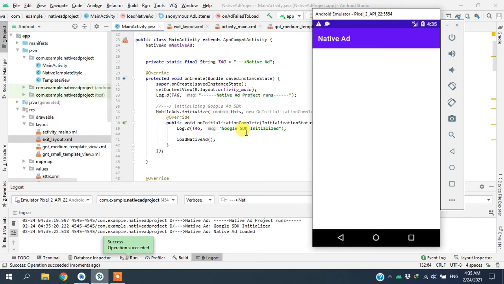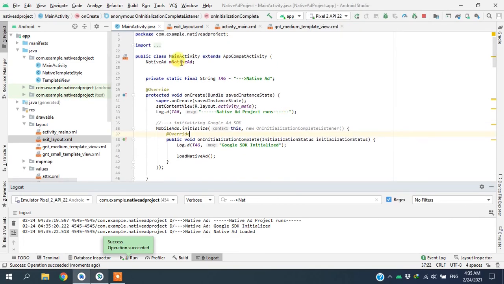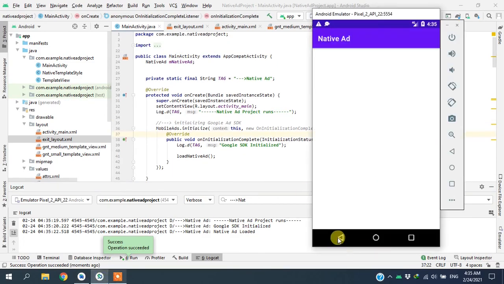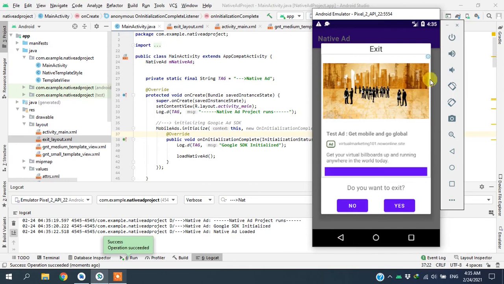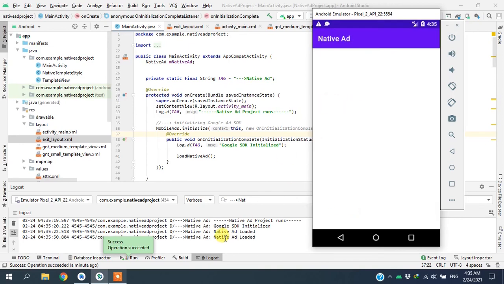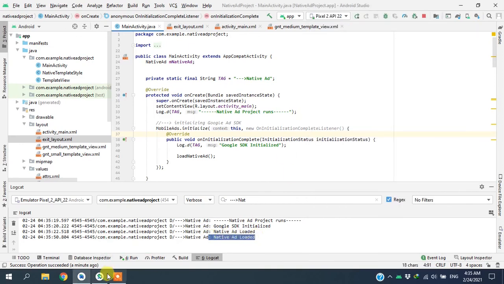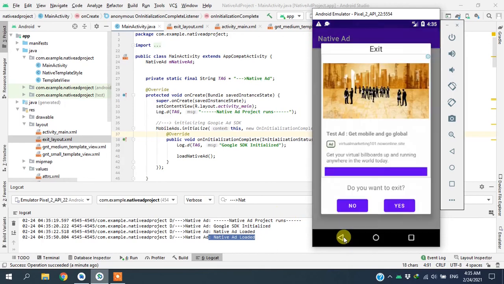Okay, this is our app. As you can see, it's loaded the native ad and it's already stored here. As soon as I click here, the alert dialog is coming. It appears on the screen with the advertise immediately. As you can see, no delay to show and load the advertise. And if I click on no, it's destroying the ad and loading another one. You can see here. Again,